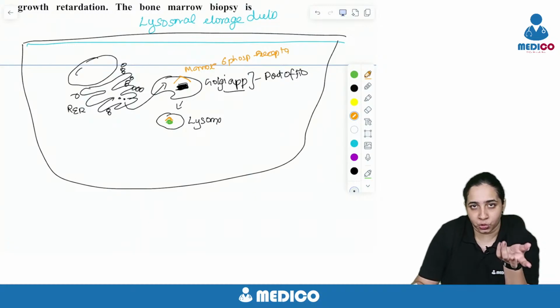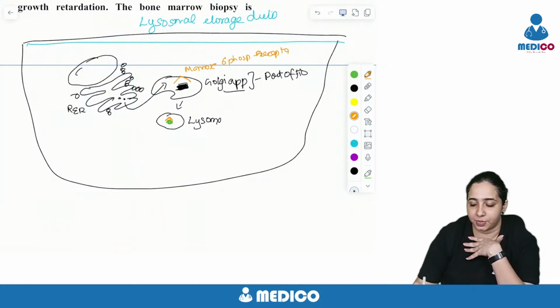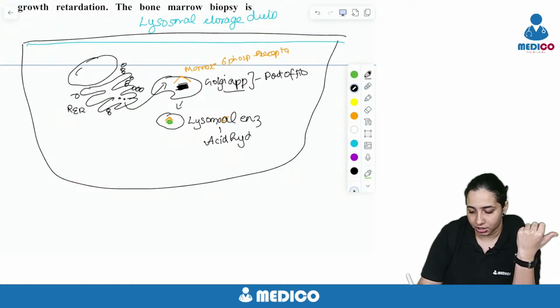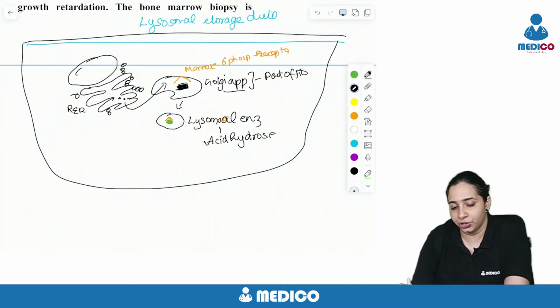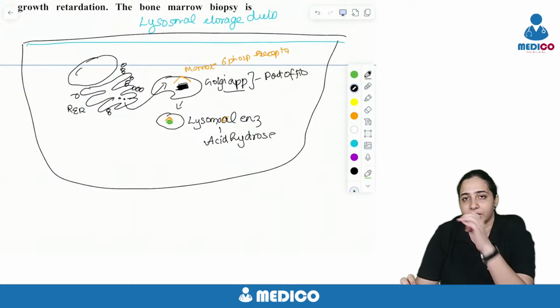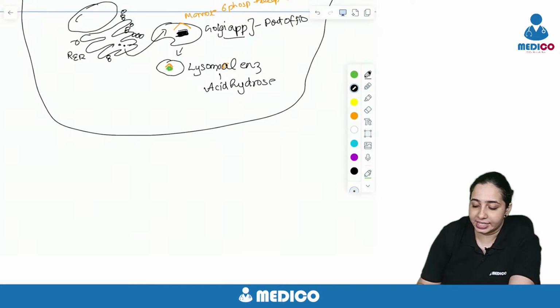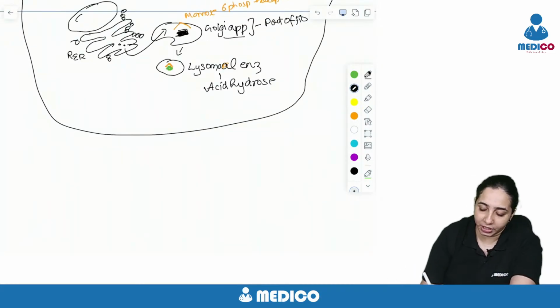So there are some proteins which are meant for the lysosomes. These are the lysosomal proteins, or rather the lysosomal enzymes, called acid hydrolases. They come into the lysosome and are stored there. So what happens inside the lysosome? Here you have a complex substance that is taken into the lysosome